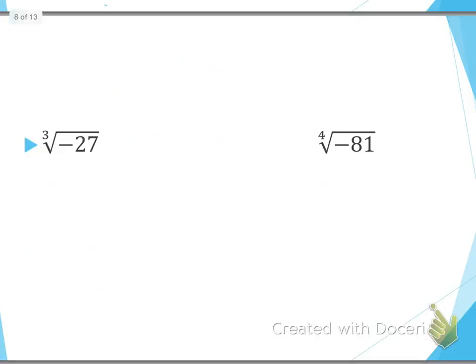Okay? This time we're trying to get a cubed. So what when I cube it gets me negative 27? Well, that's negative 3. Those cancel, so my answer is negative 3. My next one,